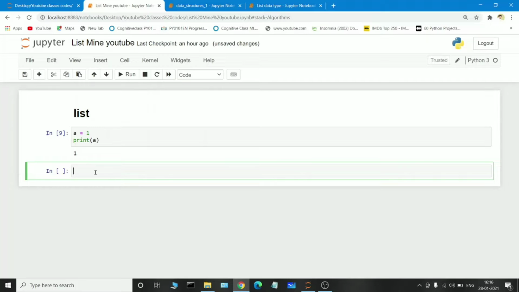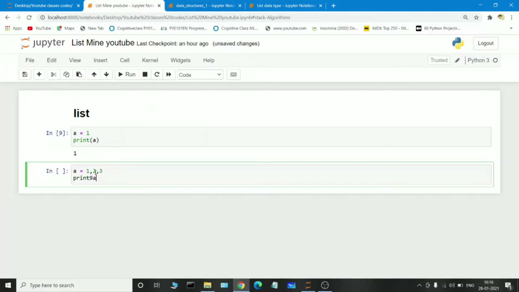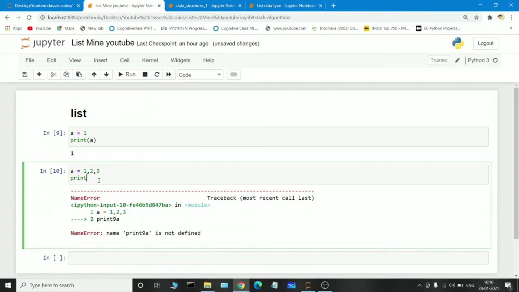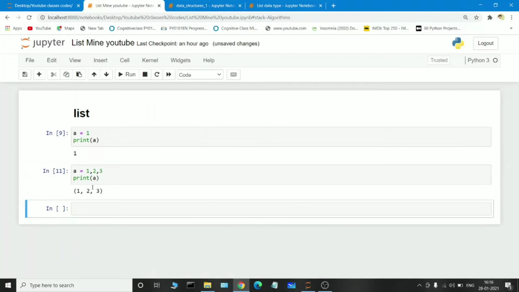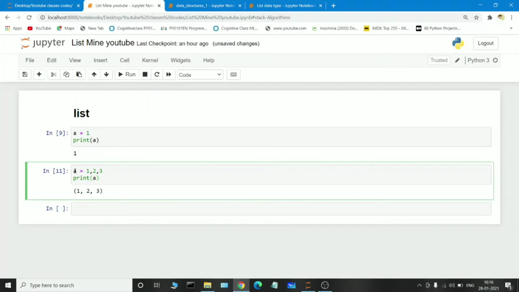But if I want to pass 5 or 6 numbers in one variable, for example I am passing 1, 2, 3, and if I print a, see, 1, 2, 3, it is printing successfully. The assigned values for a are 1, after that 2, and after that 3.